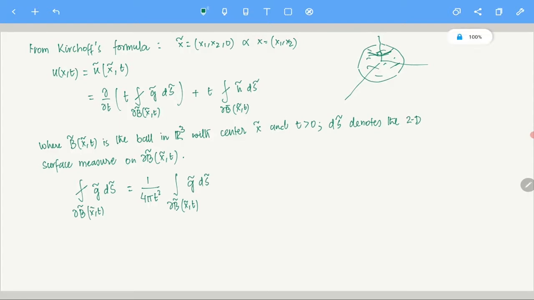Okay, now what I am going to do is this. See, this g tilde is independent of the third variable. What am I saying? x tilde is independent of the third variable, right? So this g tilde of x, okay, first of all, let me put it in the surface integral formula, and then I will do it. Okay, so see here, this is on the surface of the sphere del b tilde x tilde t, right? So you can think of it something like this.